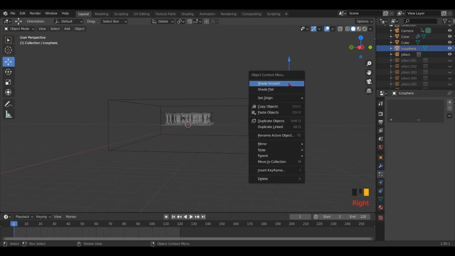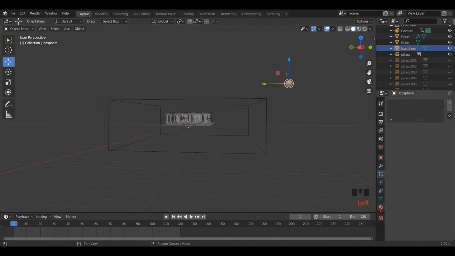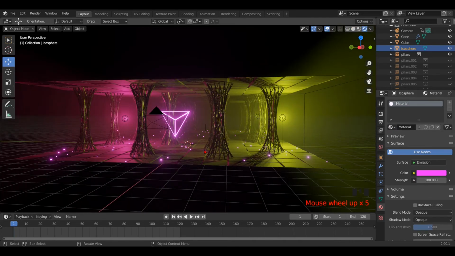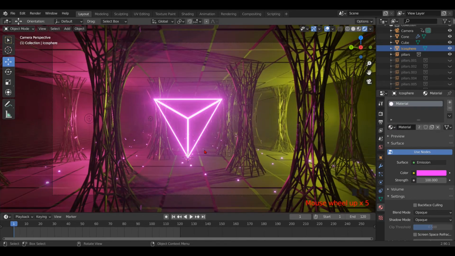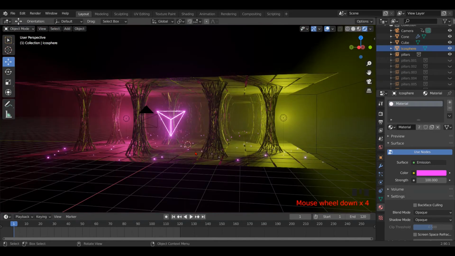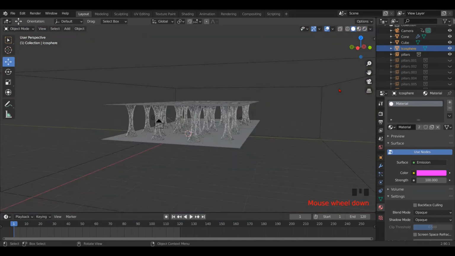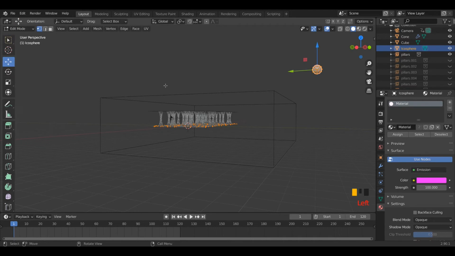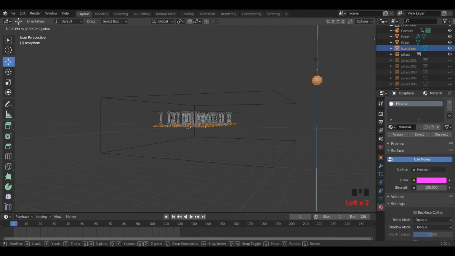Then select icosphere, give it the same material as the cone. If you want the particles a little bit upward, click on icosphere, then press Tab for edit mode. Select the move tool. Now if you move the icosphere, the particles start moving inside.